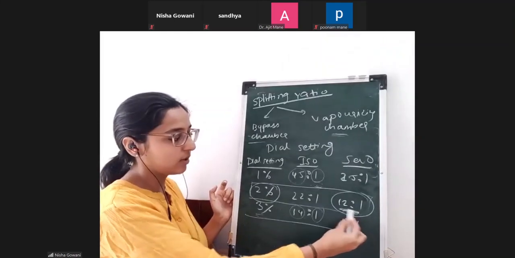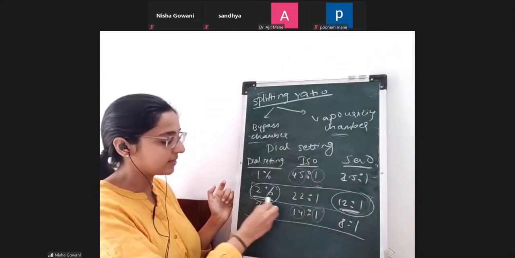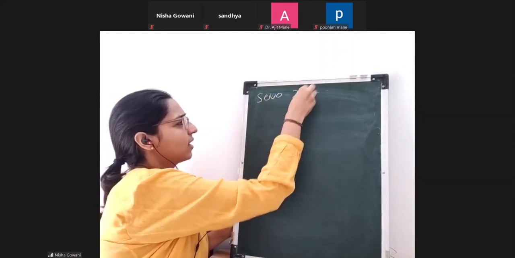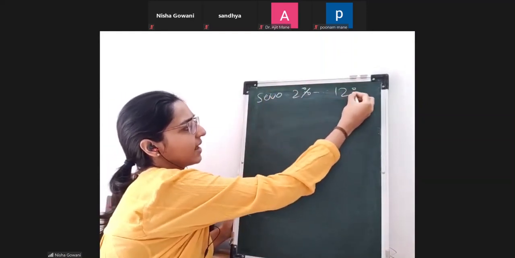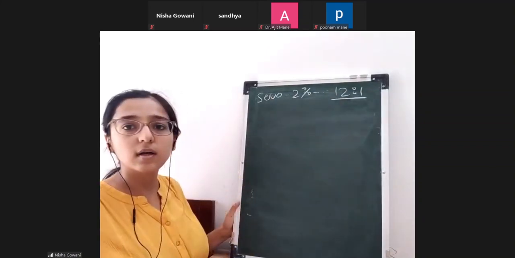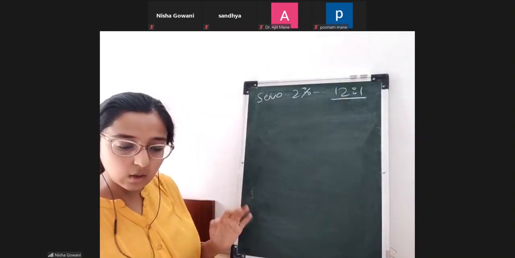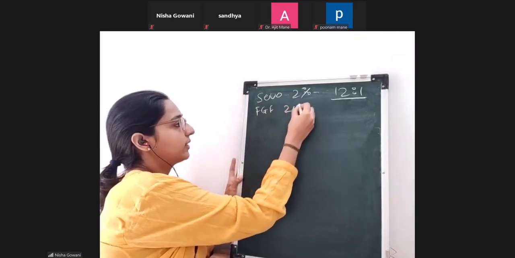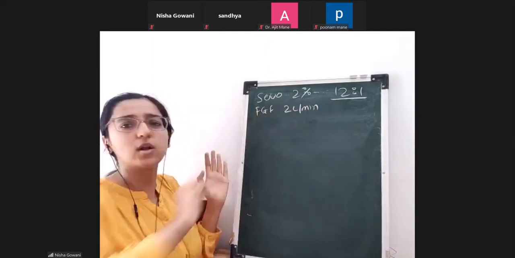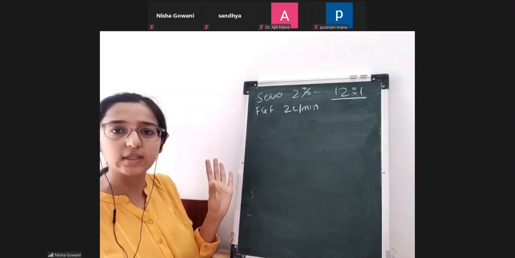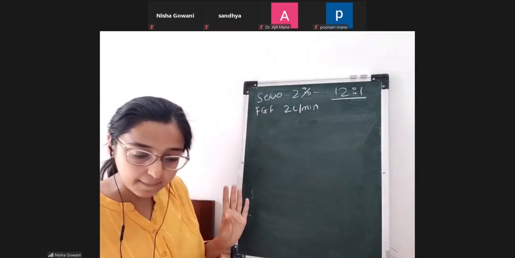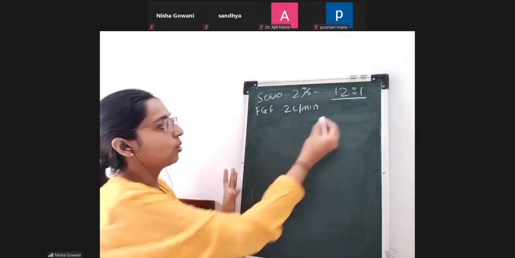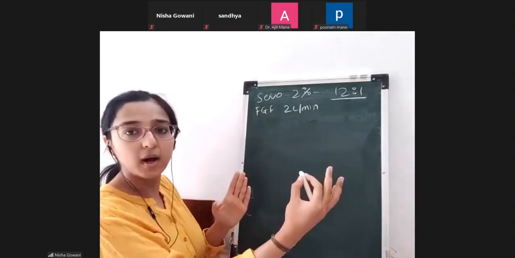Sevoflurane has a splitting ratio of 12:1 for a dial setting of 2%. I have kept sevoflurane at 2%. At 2%, the vaporizer is calibrated for a 12:1 splitting ratio. And I have kept my fresh gas flow at 2 liters per minute. So I have taken oxygen and nitrous, and my total flow is 2 liters. This is an example. Now, how is it going to be divided? So this is 12 parts and 1 part.